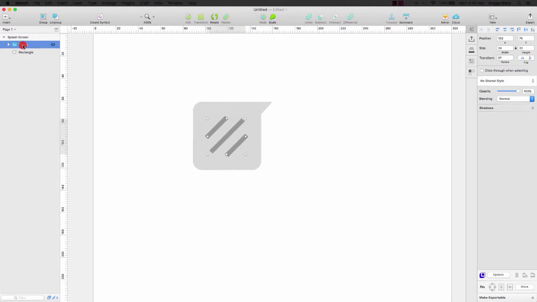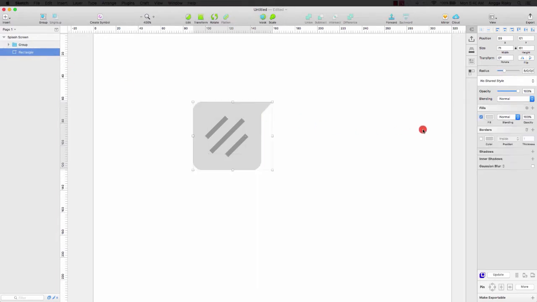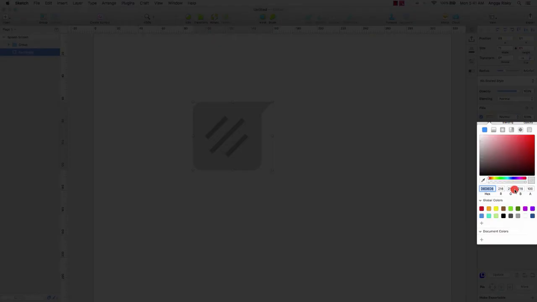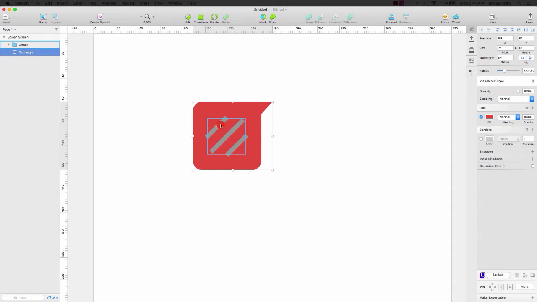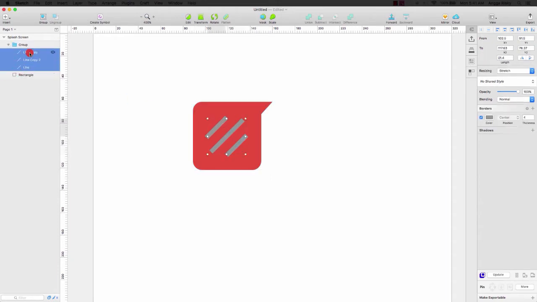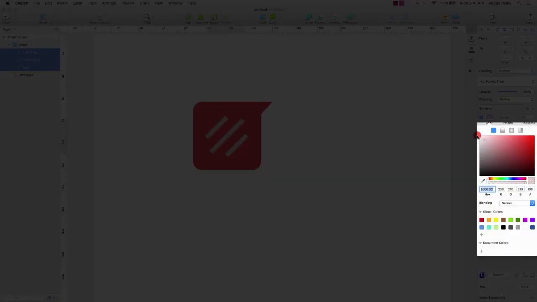Okay, after that select the rectangle and go to fill, and then I will change the color with the red color E74C3C. Okay, and select the group and select all of them inside the group and change the color to white